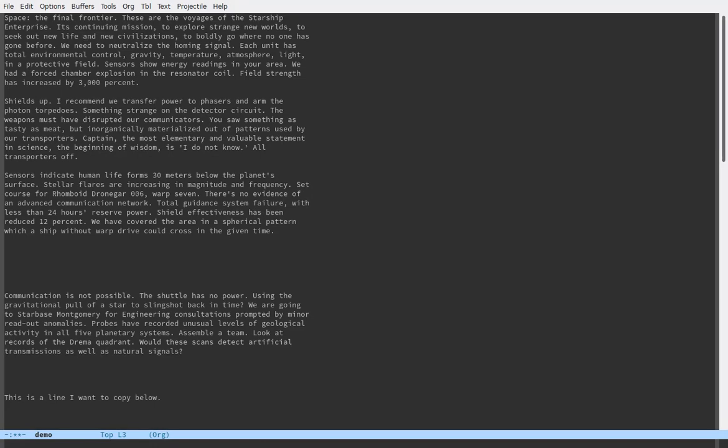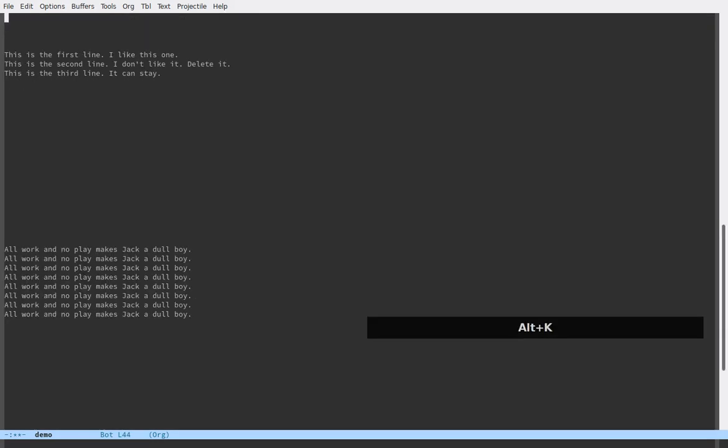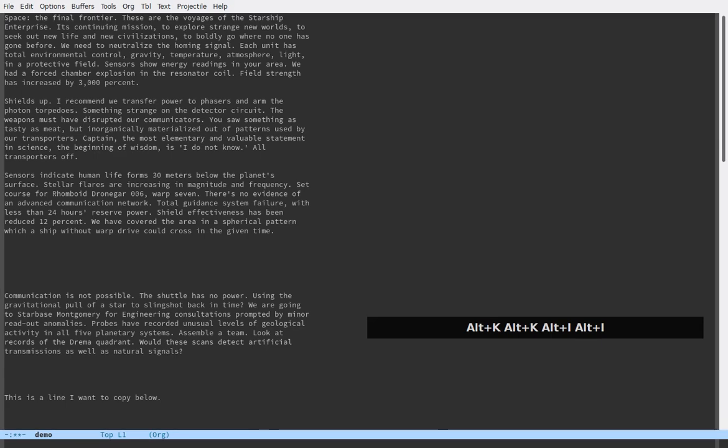Holding Shift changes word to beginning of the line and end of the line. Holding Shift also changes up and down to go down by page, up by page. Left and right becomes moving by paragraph, left and right,